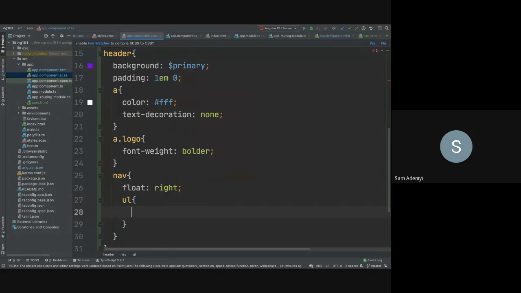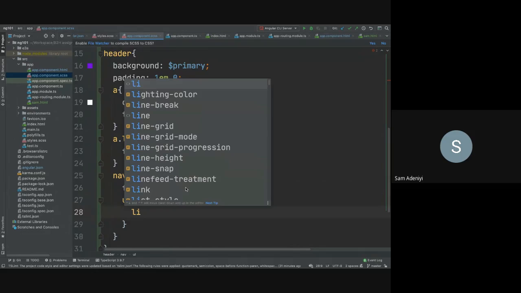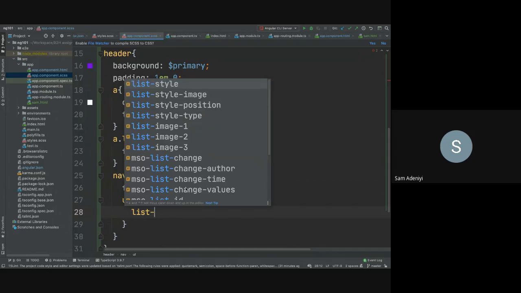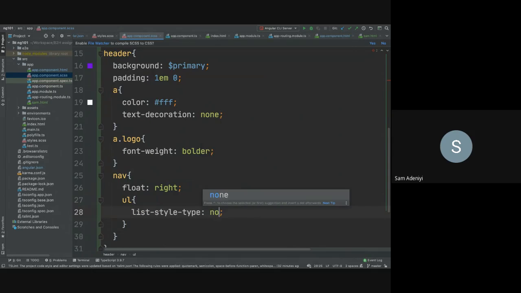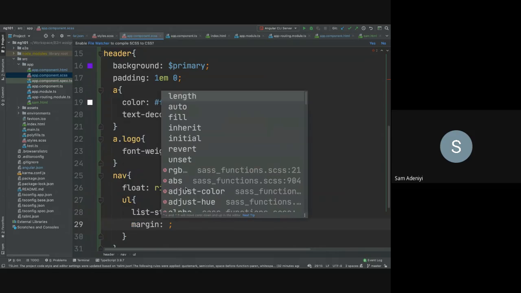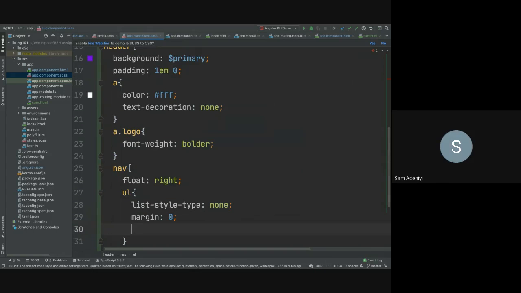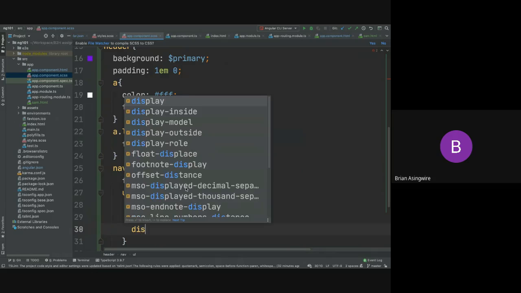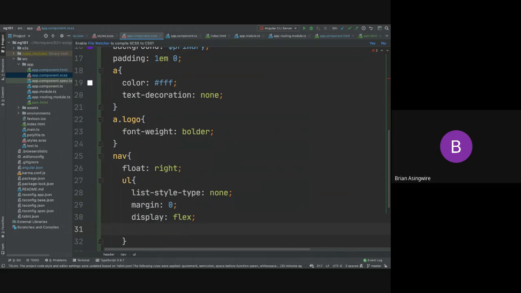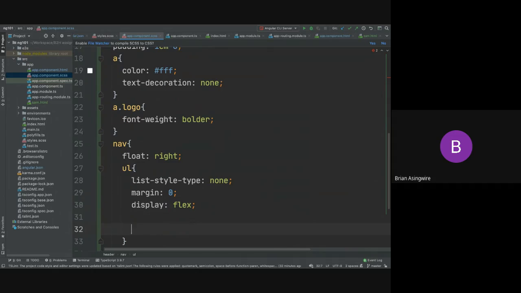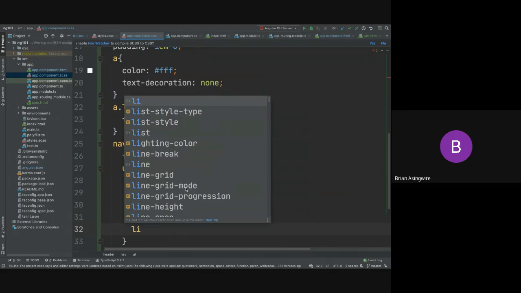I want to style my li. Let me ask, who knows what this is going to do for me in CSS? You remember I have a list. If I have list style type to be none, what does that mean in CSS? Who remembers, or who has come across that before? It will remove all the styles on the UL, like the numbers in case